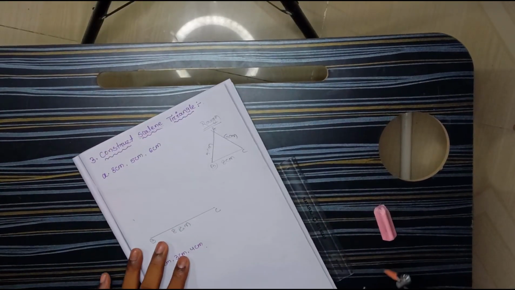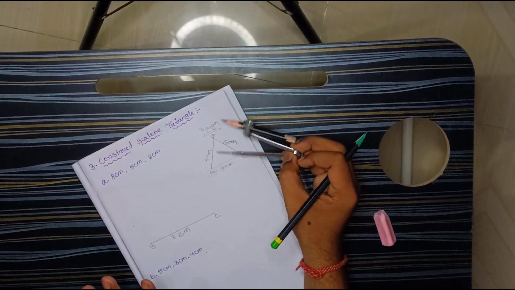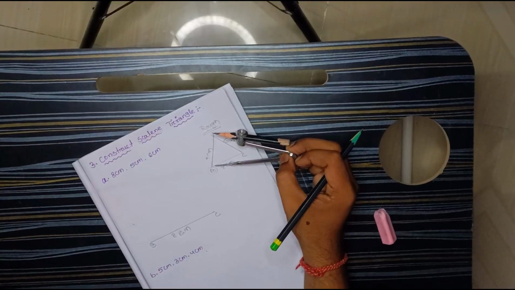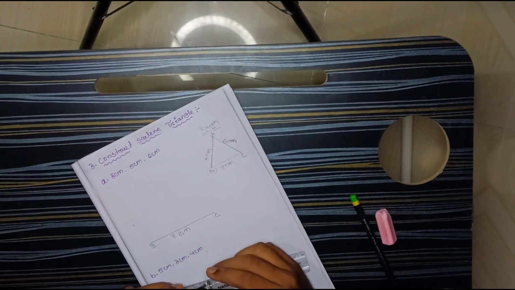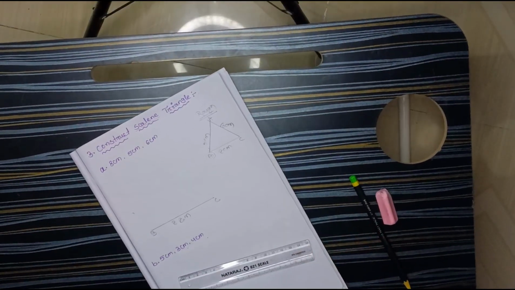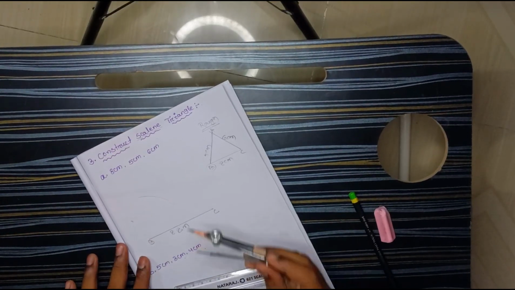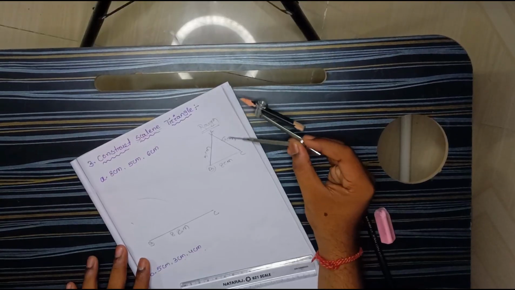Got it, my points? Now it's time to make AB or AC. As you wish, you can take this one. If you want to take AB, then AB should be 5 centimeter. How should it be 5 centimeter? Take out the scale and put the 0 here, that is 5 centimeter, expand it to 5. This one is the measurement of the 5. Okay, so now here I will put B and I will make an arc over here. Then क्या मैं उसी का ही लेंथ को लेके यहाँ पे कर दूंगा? No, if I take this one only, then it will also be the measurement of 5 centimeter, but I need 6 centimeter.